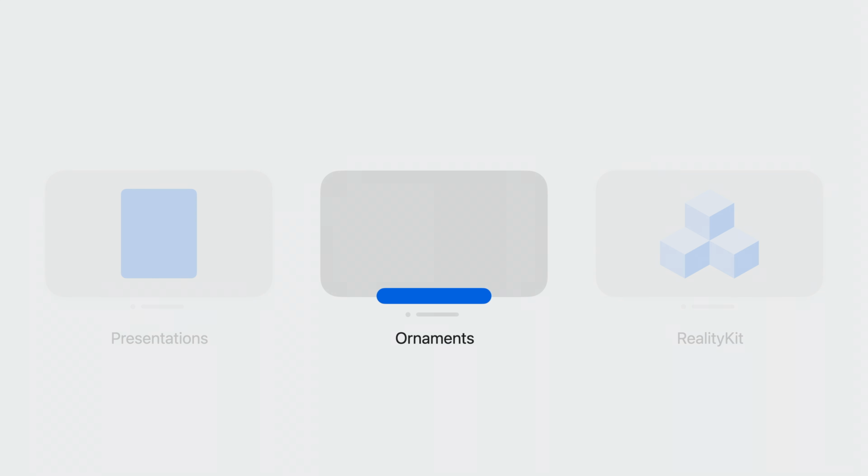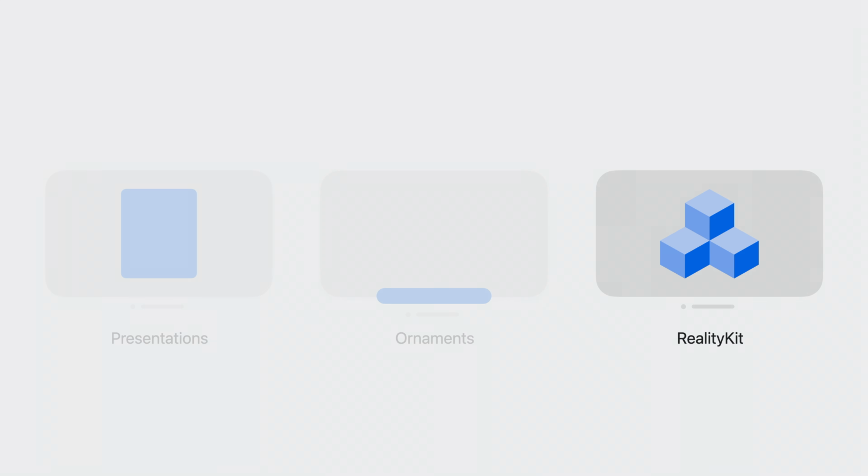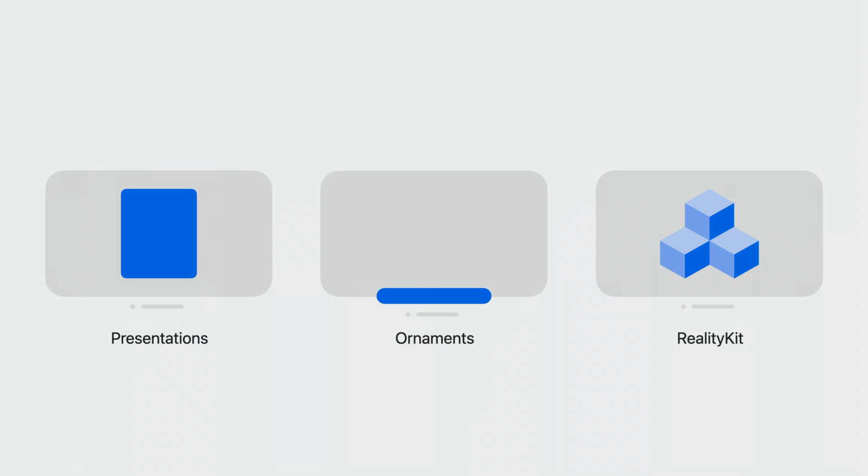Second, there's a new API that enables you to take content to a place it's never gone before. Outside the scene, these are called ornaments. Finally, there are powerful new ways to add RealityKit content right into your apps. Let's go over how each of these can take the example app to the next level.